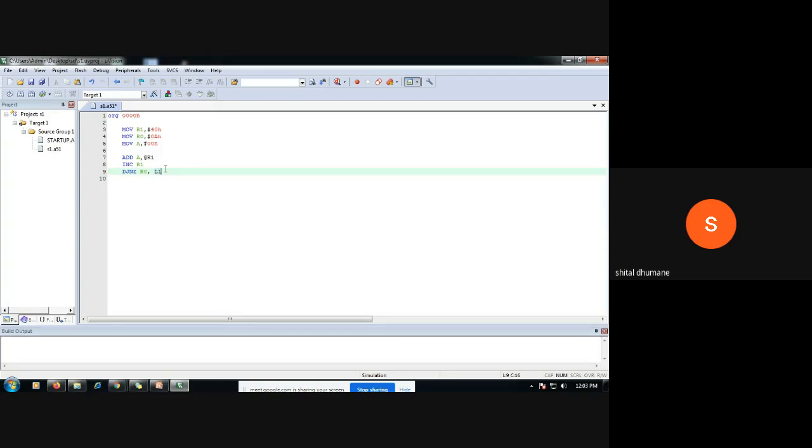So we will decrement R0 and jump if not zero. Until it becomes 0, we have to keep adding. So L1 will go where? That label is where it will jump. We should add the contents of memory locations one by one up to the 10 bytes. So where will that L1 jump?